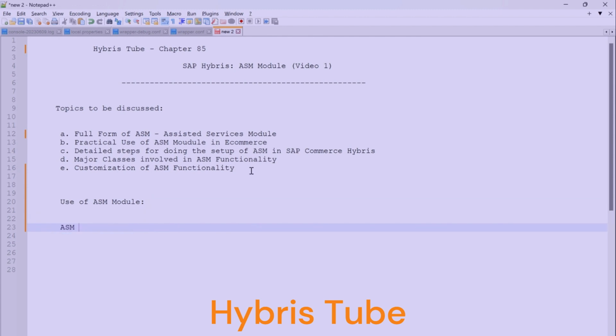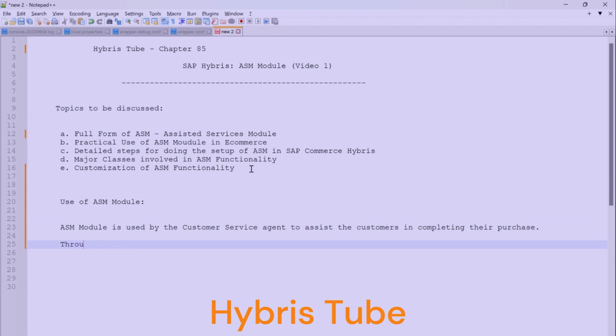So the ASM module is used by the customer service agent to assist the customers in completing their purchase. How do they assist through this module? Through this module, ASM,